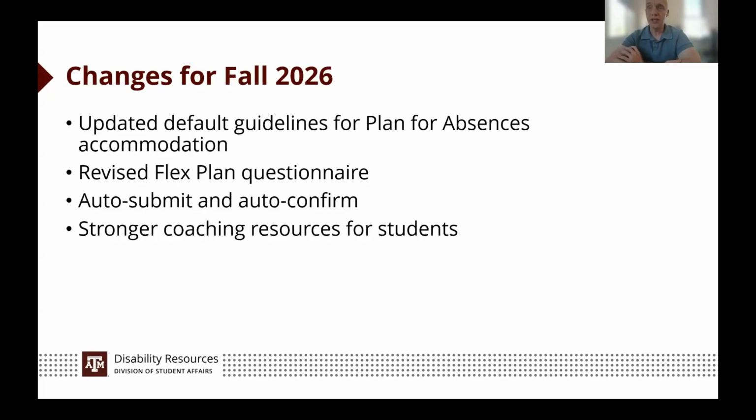But what we did do is we changed some of the questions to allow us to have more context about maybe how you arrived at some of the answers on your plan. So a good example, question 1 on the questionnaire asks about how many absences might be reasonable. And when we have just a number without any context about what your class is, then it's hard to know whether that makes sense or not.